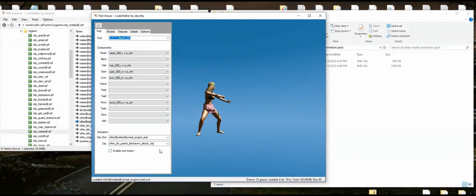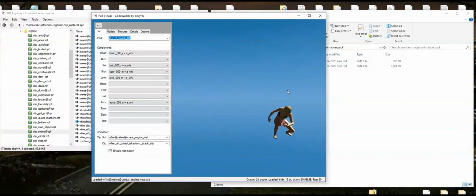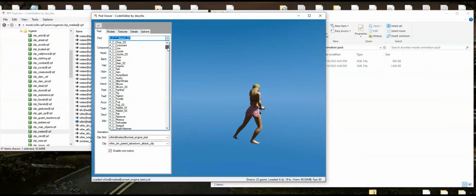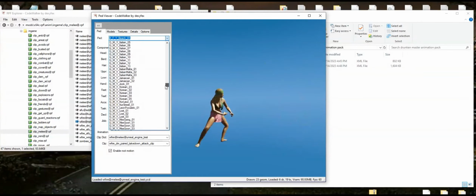If you go to enable root motion and they just kind of idle like this, then it means that you may have missed the root motion step, or you need to go back, which I've done before. Or maybe, you can't really tell the face bone glitch, let's say that you forgot to delete all the face bone stuff, you can't really tell, because even if you load in a player,